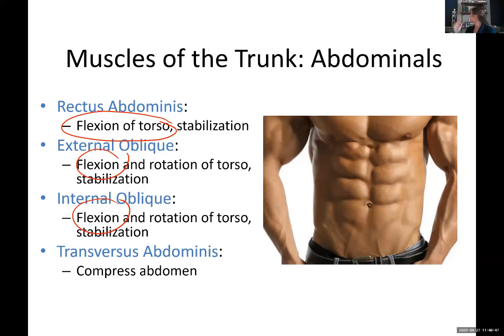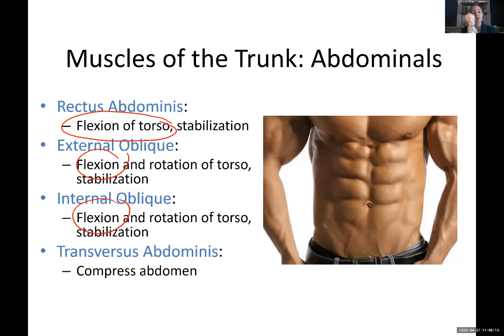If you're standing up, and his upper body was to bend forward, like he's leaning forward in a bow, that motion